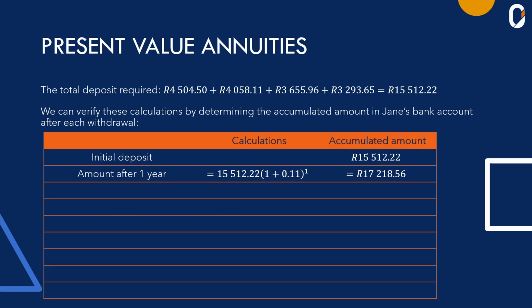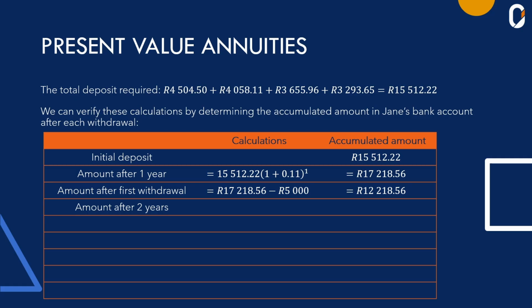Now, that is the amount of money in an account after the first year before she makes the withdrawal. And now the year has ended, she needs to make a withdrawal. That means we need to now calculate the amount of money in an account after the first withdrawal. The amount after withdrawal will be given by 17,218.56 minus 5,000, because the 5,000 are the regular withdrawals, and now after withdrawing the 5,000 she will have 12,218.56 rands. She has made her withdrawal and now she pauses for a year, and when she pauses the money will be earning interest,